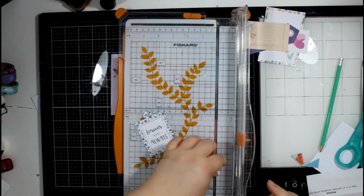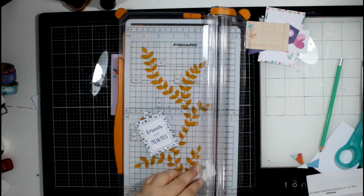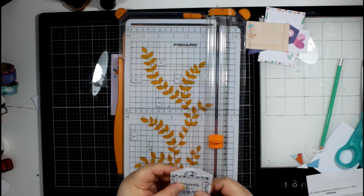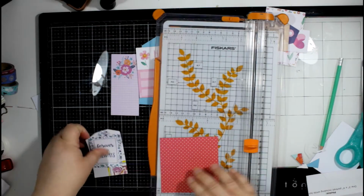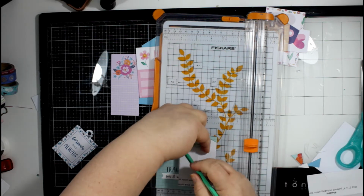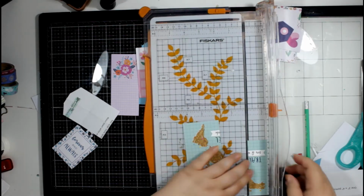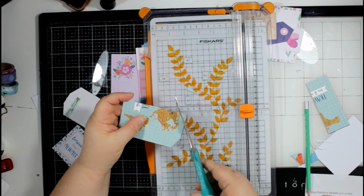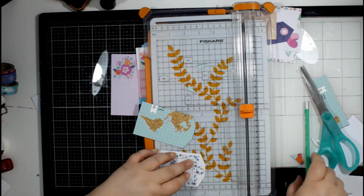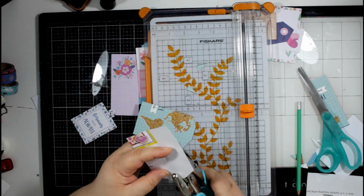I've got a photograph of myself and my other half on holiday. And although this is a travel collection, Go the Scenic Route, it's got lots of bits and pieces in that you can use for very generic layouts as well. And I'm not necessarily using anything travel themed for this layout, even though ironically it is a picture of Pete and I on holiday. So I'm creating another tag that I'm going to pop this piece of ephemera on,